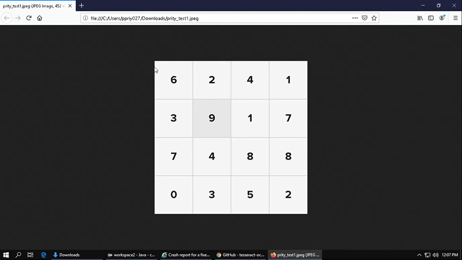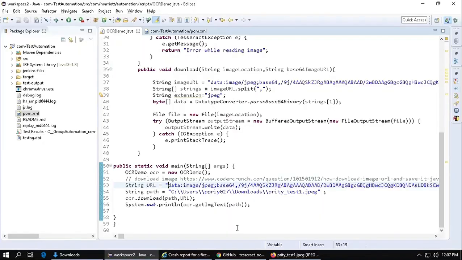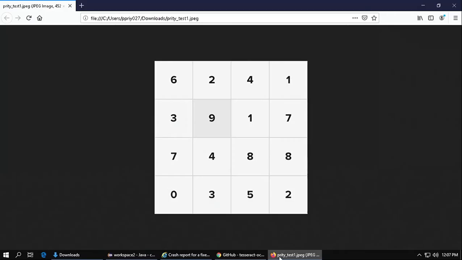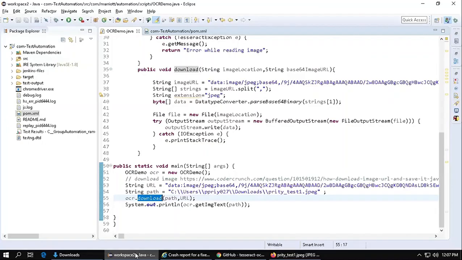After that, we extracted the src of it, which is the URL, and we downloaded the image from this particular URL. After downloading, we store it in a temporary storage, which we clean after the execution of the script. We clean that storage where we have downloaded the credit card image.